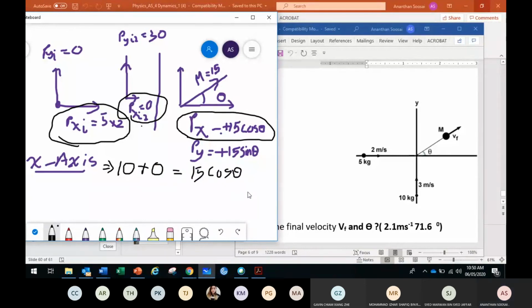Oh, what's the question? I made a mistake. What's the mistake I made? The V. It has a V, right? You're looking for the V. So the V is here. Sorry, for momentum, you have the V. That's why I was surprised.